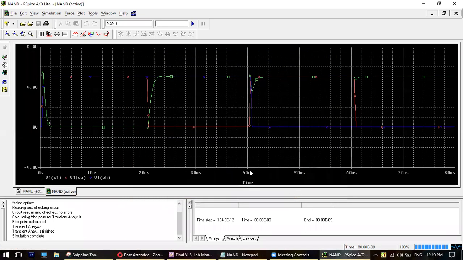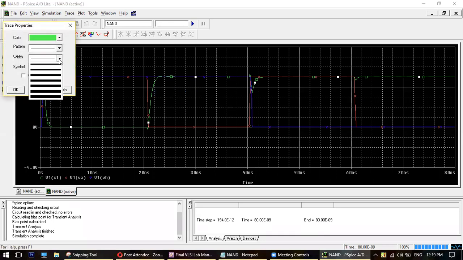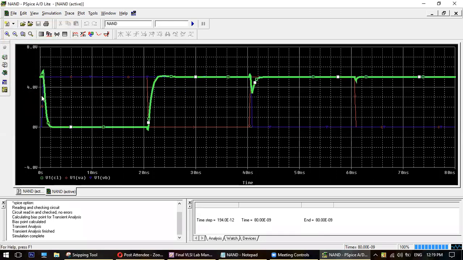If I click OK, this is your simulation. Here, which one is your A, which one is your B, and which one is your CL? CL is the green one. As you can see, V1 CL, that is the green one. I'm going to make this one a bit bigger. Okay? As you can see, at the first stage, your VA is 1, here it is 0, here it is 1, here it is 0.